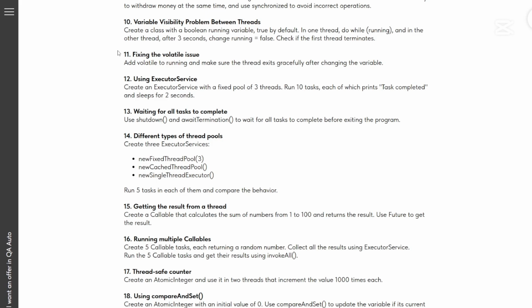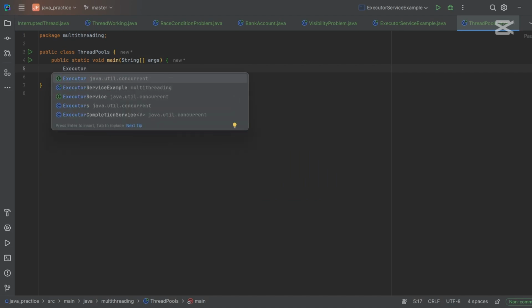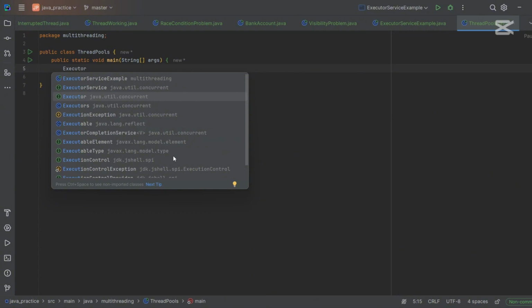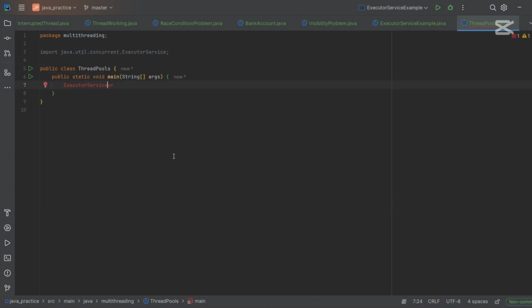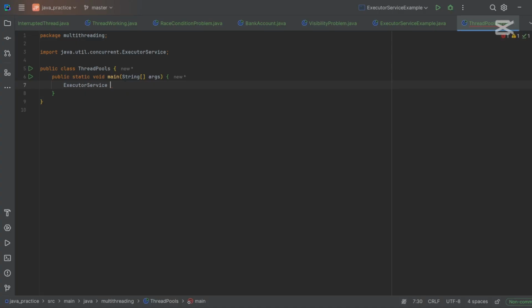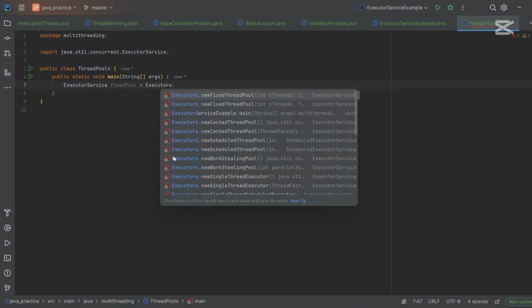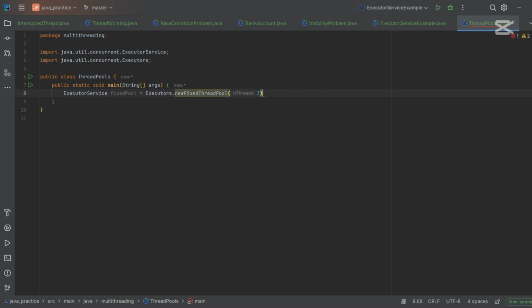So now we're asked to create new fixed thread pool, so it is the same executor service, let's call it fixed pool. So executors dot new fixed thread pool of 3. Alright,